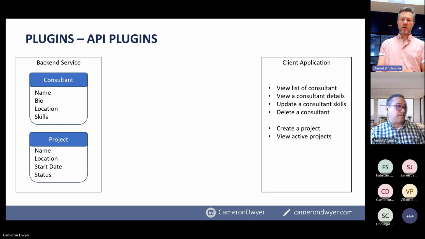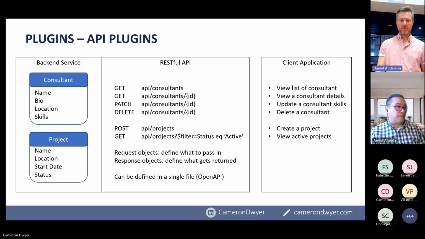But how does that client application on the front end talk to that back-end application? The way that's done is typically through a RESTful API. Now, with these RESTful APIs, there's a standard. It's an industry standard way of talking to it, and it's web requests going back and forth over the HTTP protocol. If we have a look, there are typical operations you would expect an application to perform, things like view a list of consultants. This is actually how it happens. It fires off a URL. You'd have your HTTPS at the front, but at some point it would say /API/consultants, and you would expect that to return a list of consultants, because this is what the standard dictates.